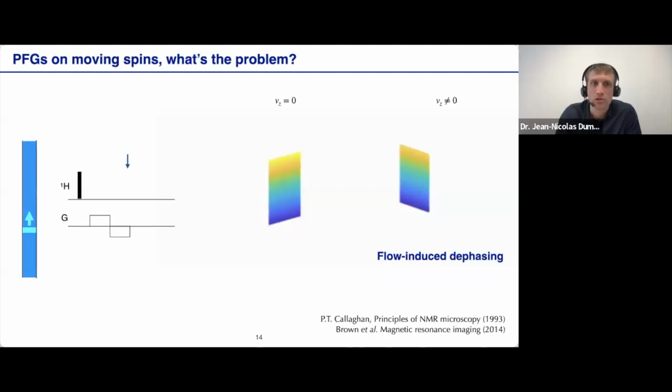That is due to the combined effect of flow and of the gradient pulse. So that would be okay if all the spins in the samples had the same velocity. In fact, it would also provide a way to measure the velocity by measuring the dephasing as a function of